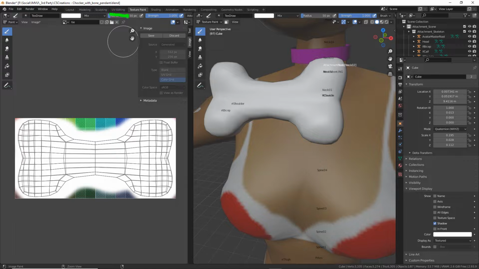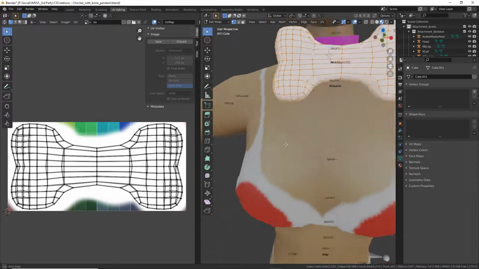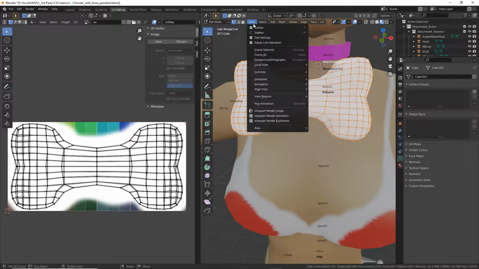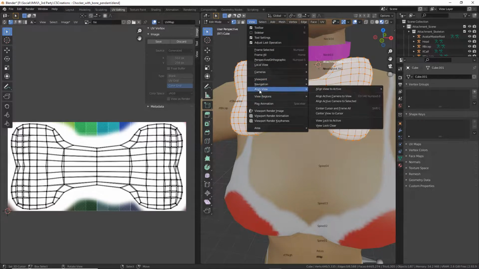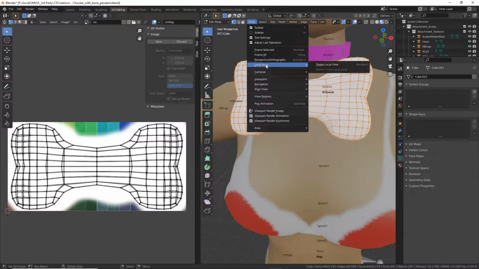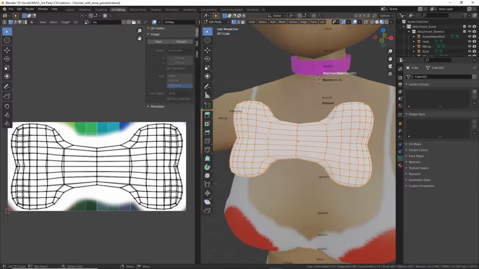So if we switch into UV editing, this is just so that we can see the bake process as it's doing its thing. Let's just view, align, view. No, which one is it? See again, shortcut keys. Wouldn't be number one? Well, what I'm looking for is, normally it's just the numpad delete or numpad period, and that focuses the camera